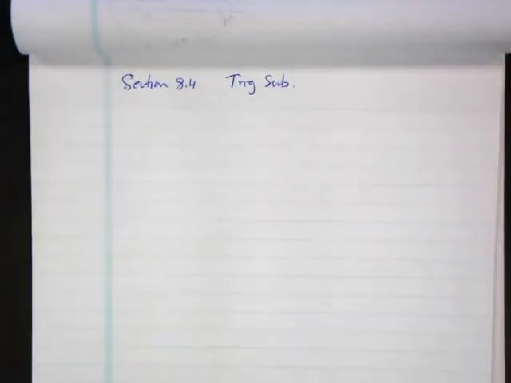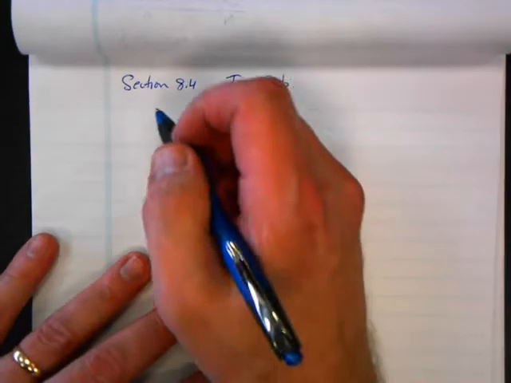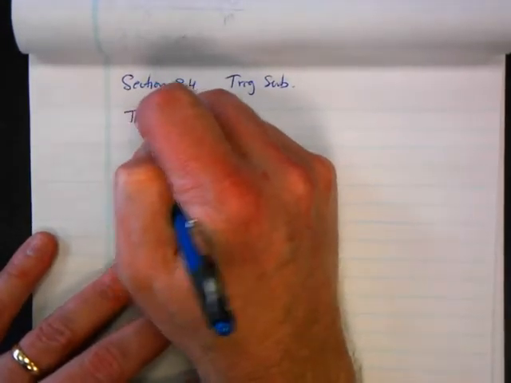Trigonometric substitution. This is a lot like U substitution, except you're going to use trig functions. You won't use just U equals x squared. You'll use trig functions. All right. The idea behind this, this is used